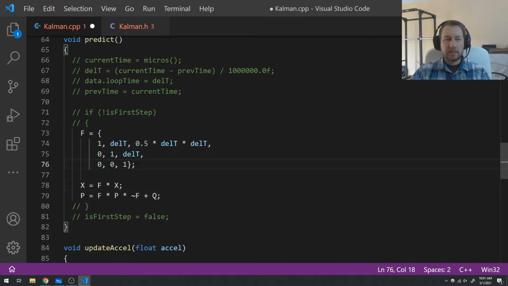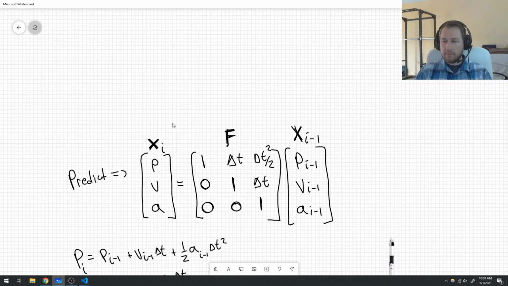And the F matrix, I think it's called the state transition matrix. It's just how your state changes from what it was before to what it is now, right? And it changes based on these values here. What you see down here is a little bit harder to understand. But basically, this is where the P term comes in, right? So in the predict step, let's go back to here. So in the predict step, you need to know,